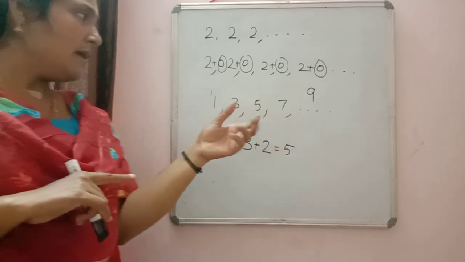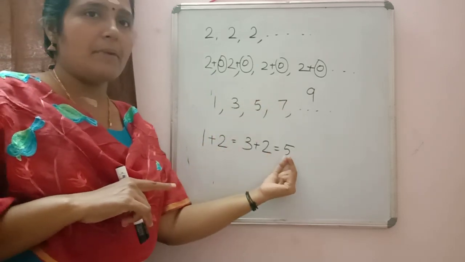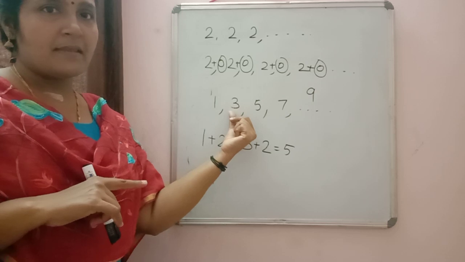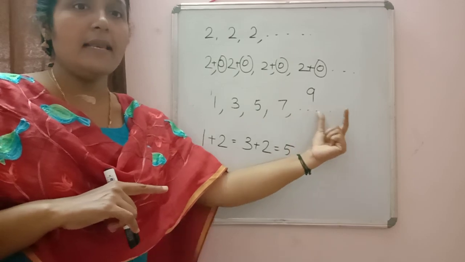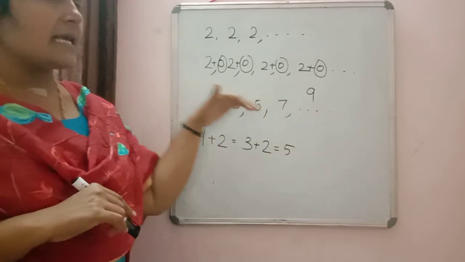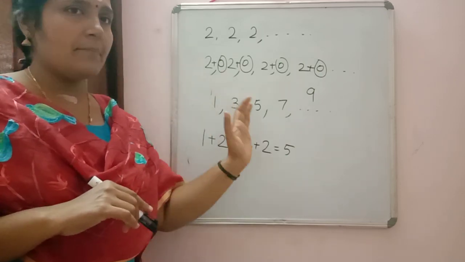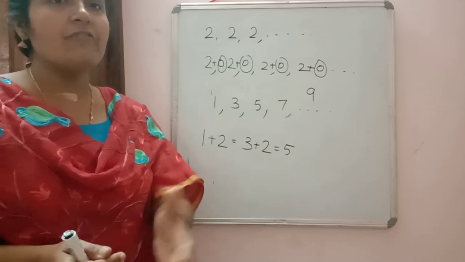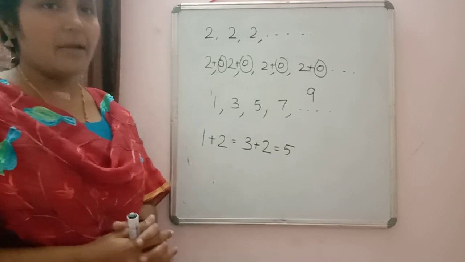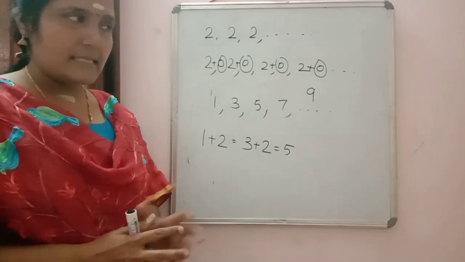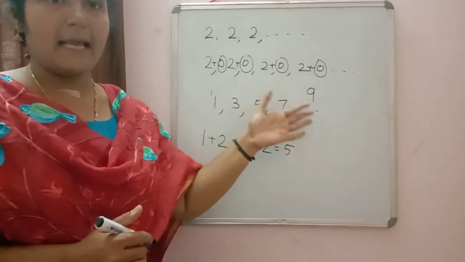So in this way, a sequence of numbers obtained by adding a constant number to the previous term is called an AP. These sequences of numbers are in AP. By this example, we will write the general form of numbers which are in AP. So all of you please note down the definition of AP. A sequence of numbers forms an AP.